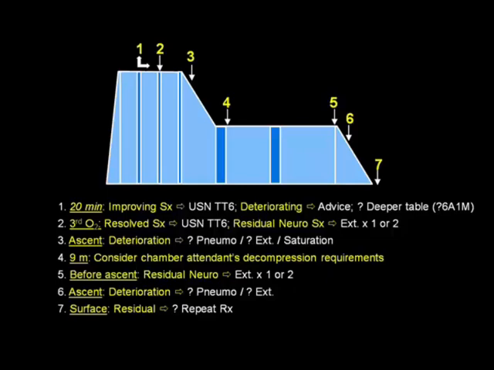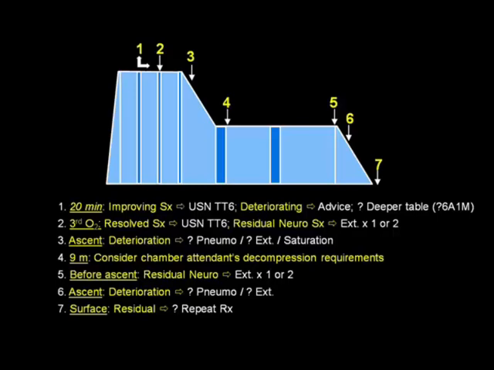However, if there are significant neurological conditions, and those are related to bubbles, then extending the table is recommended. And this may be undertaken at 18 meters by extending the table twice for 20 minutes, and at 9 meters by 2 extensions of 60 minutes oxygen. The extended version of the table is therefore 8 hours and 10 minutes.